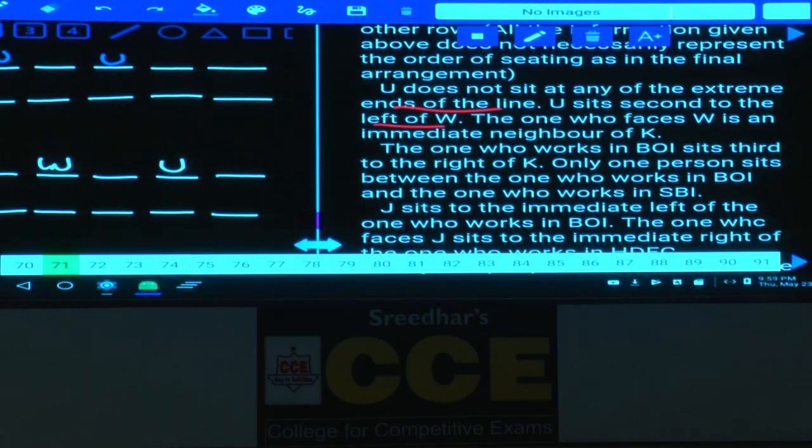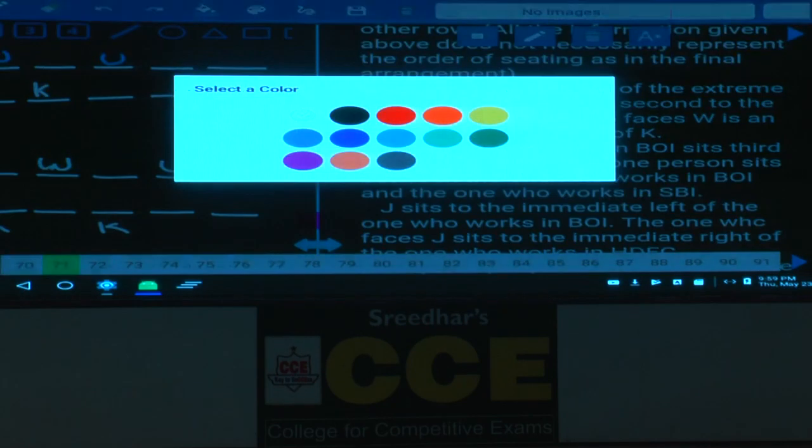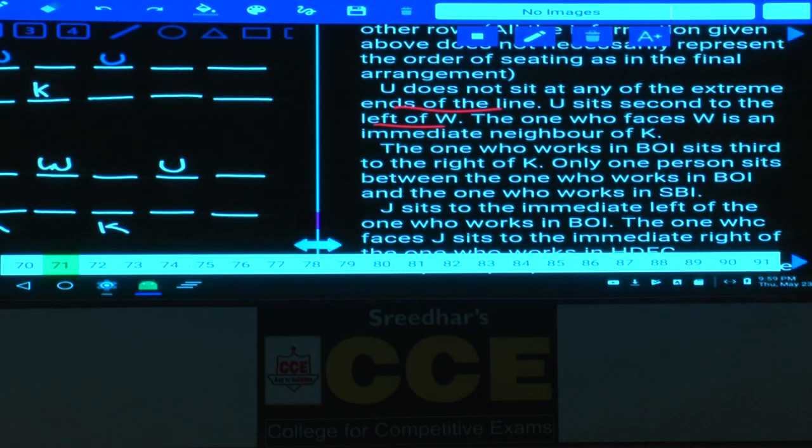The one who is facing W is an immediate neighbor of K, that means K must be here. In the second case, we have two different possibilities for this K. The one who works in BY sits to the immediate right of K. BY is to the immediate right of K, BY can be here, and the one who works in BY